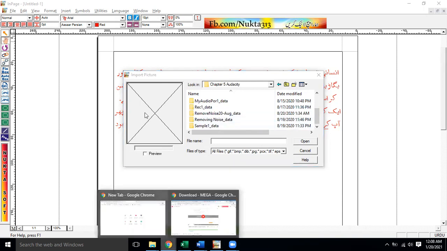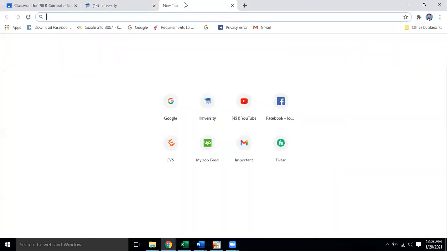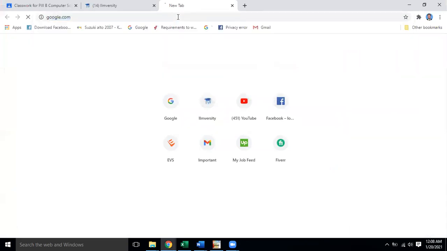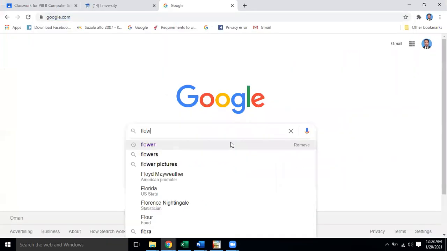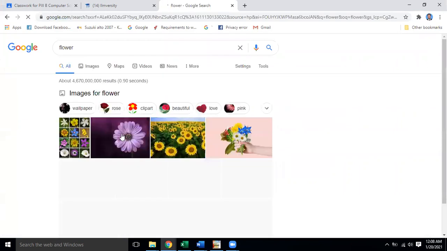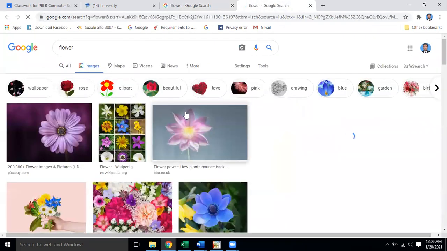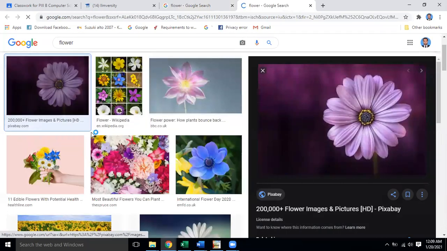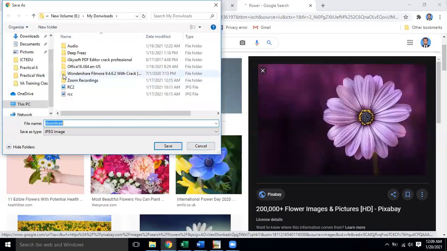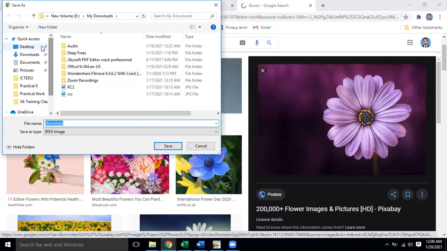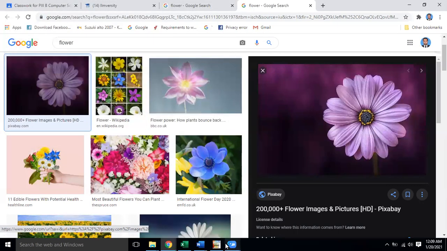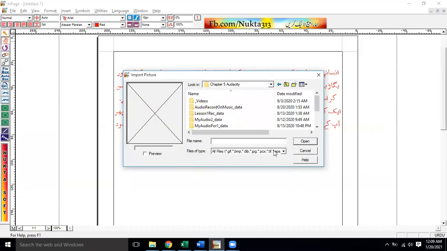Okay, so right now I don't think I have one. Let me find a picture of a flower. Just like we take one flower picture and we save it on our desktop. Now I go to my InPage and I find it over there, on my desktop.